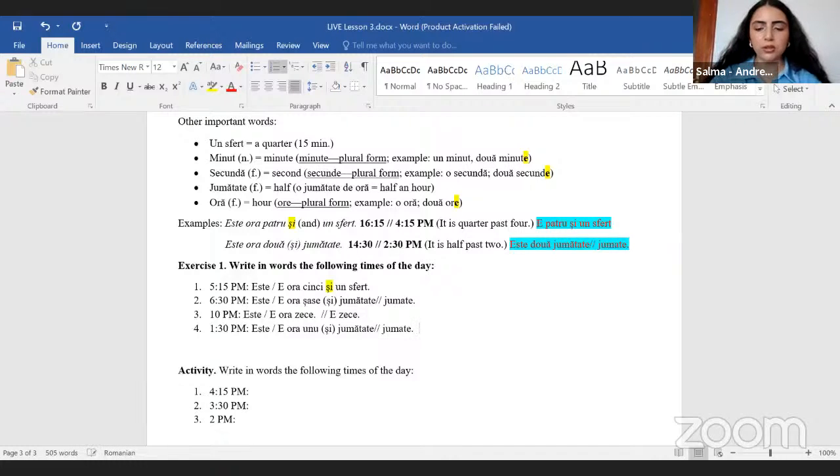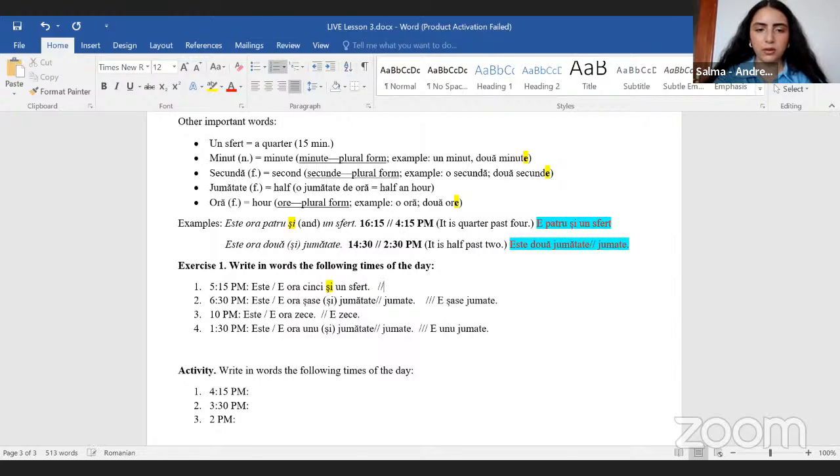And the shortest way in which you could say this would be e 1 jumate. So this is the shortest form of this entire sentence. This would be most likely used in an informal context. Let's see for the other ones here. The shortest form would be e 6 jumate. Again, the verb, the number, and the minutes. Jumate, the other form that is used in a colloquial context.